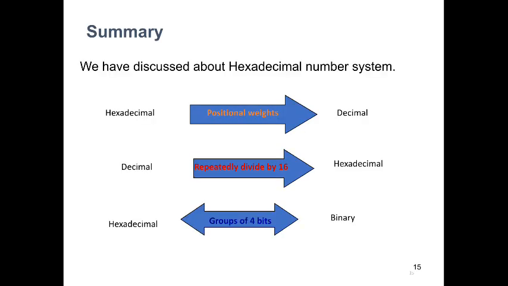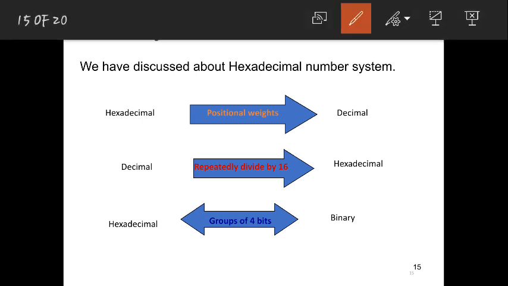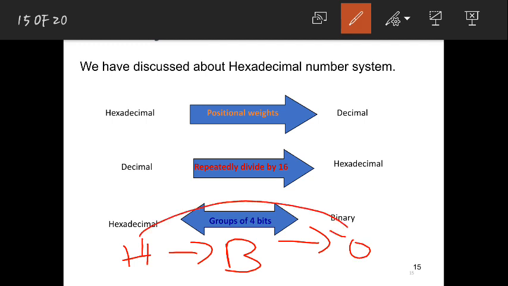We can also convert hexa to octal and octal to hexa, but to convert that, what we need to do is from hexa first convert to binary. When you convert from hexa to binary, generally you write 4 bits for each hexa digit. All those bits together give you a binary number. Now that binary number, you make groups of 3 bits and convert it into octal. That means to convert from hexa to octal, convert hexa to binary and binary to octal.